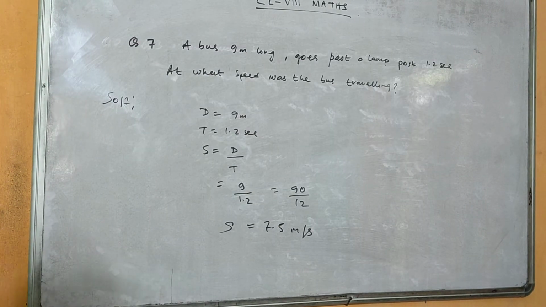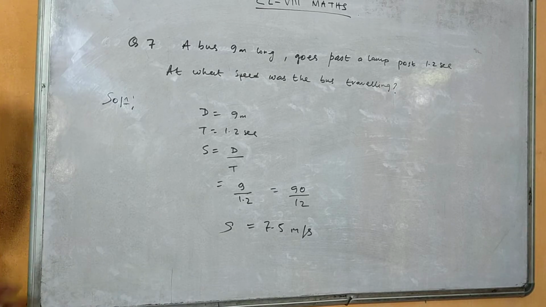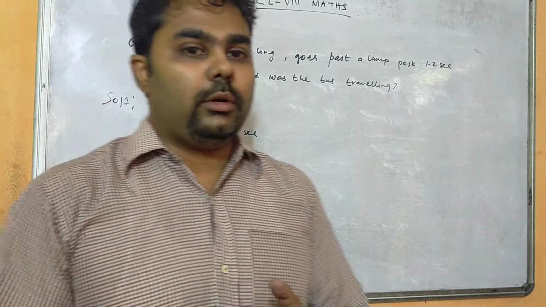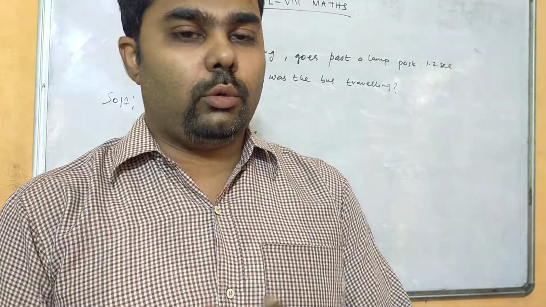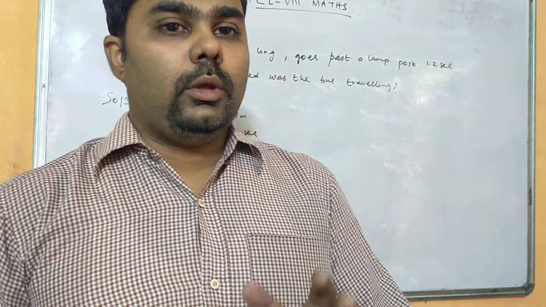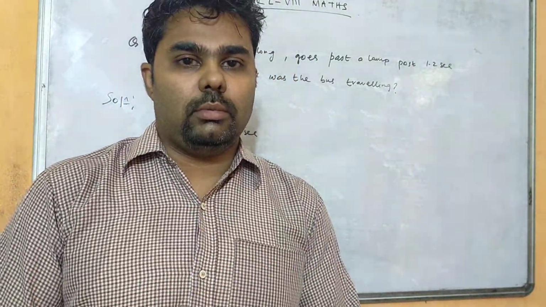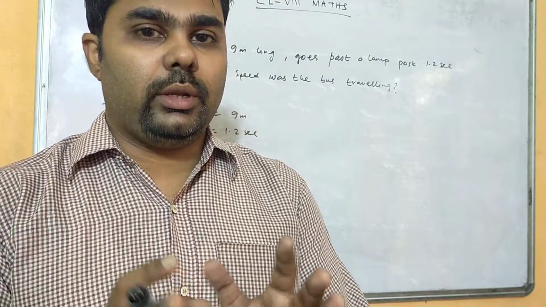So next, question number 7. You see question number 5 and 6. Question number 5 is similar to questions 1, 2, 3, the questions which I have solved, right? And question number 6, no need to solve, right? If you can, you will solve, otherwise you can omit this question.